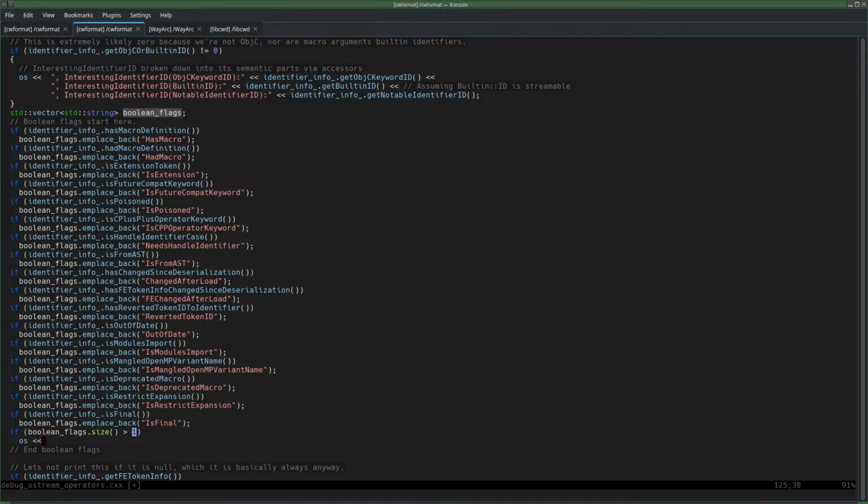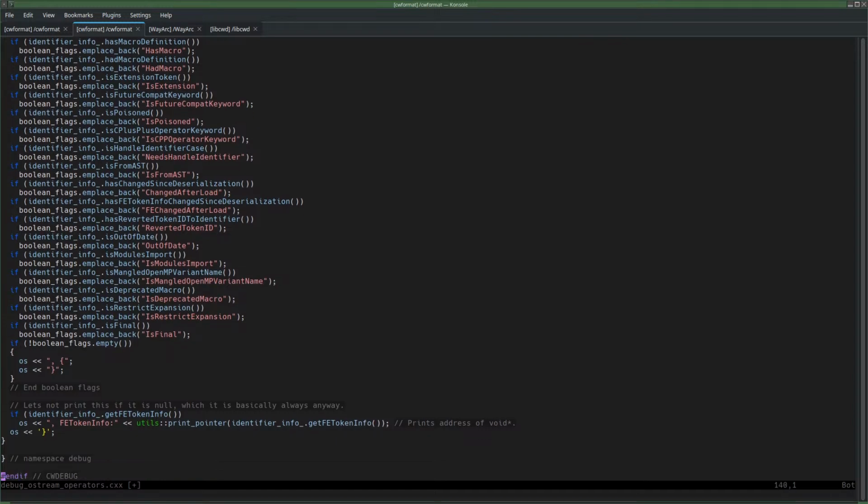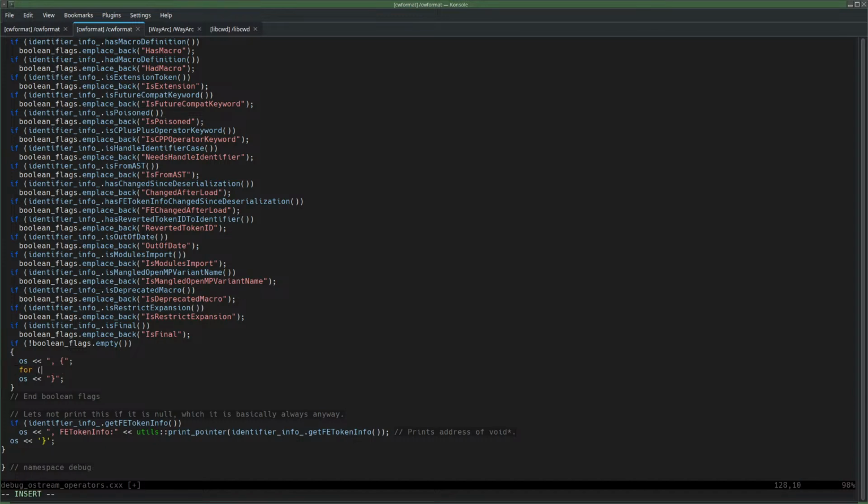No, let's even do it if there is a single flag. So it's not empty, we print something at all, including braces. So we have comma, brace open, print the whole list, brace close. And otherwise I don't even print the braces. And then here we run over all the